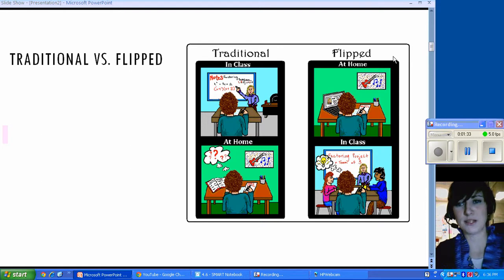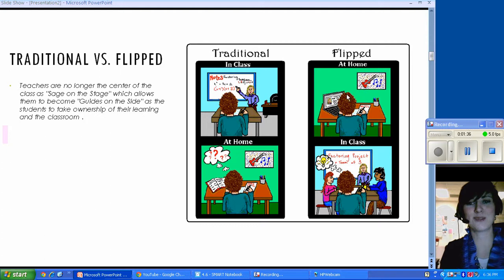Whereas in the flipped classroom, at home, the students are able to take their notes off a computer screen, or if you burn DVDs, they can watch it on their TV. Whatever method they have, they can watch the videos at home. And then in class the next day, they're able to get more meaningful learning. They're able to work collaboratively with their classmates. They're able to ask the teacher for assistance as needed and brainstorm and really hit those deeper levels of thinking